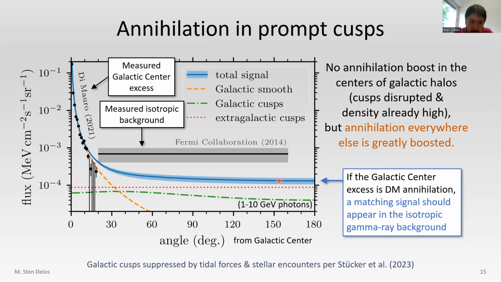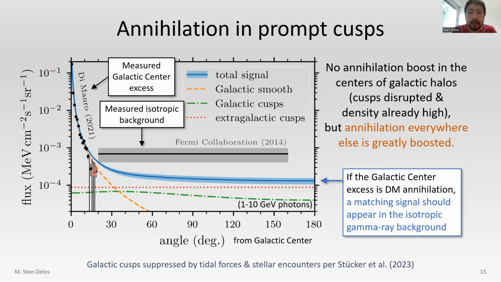But as we look farther out, at angles larger than maybe 20 degrees, the prompt cusps dominate. So the general picture here is that we don't expect an annihilation boost from prompt cusps in the very centers of galactic halos, but we should expect a large boost everywhere else. Actually, there's also an interesting implication that we can already draw from this plot, because these black dots are showing